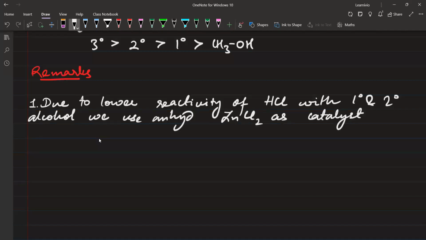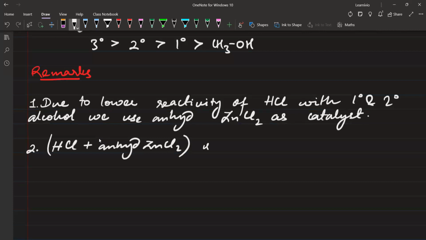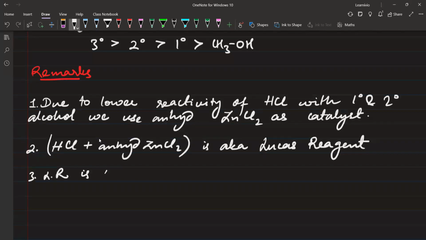Okay. Second point is the Lucas reagent, HCl plus anhydrous ZnCl2, is also known as Lucas reagent. Third, Lucas reagent is used for distinction of